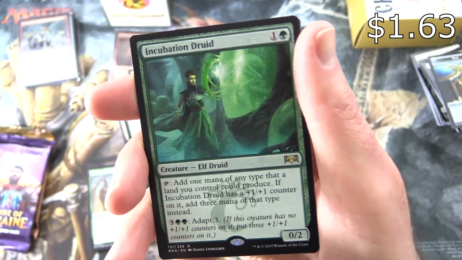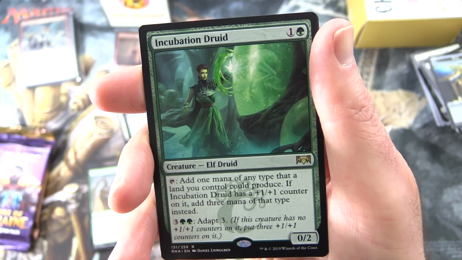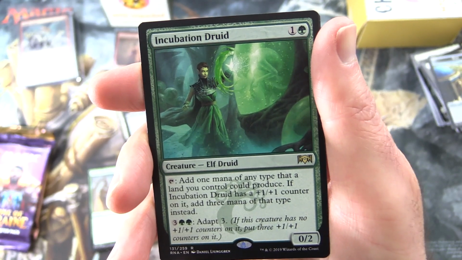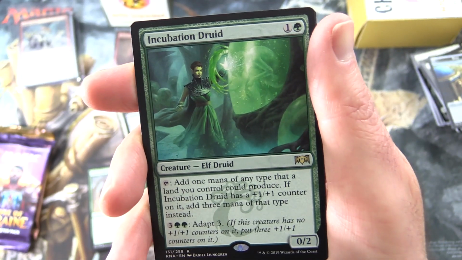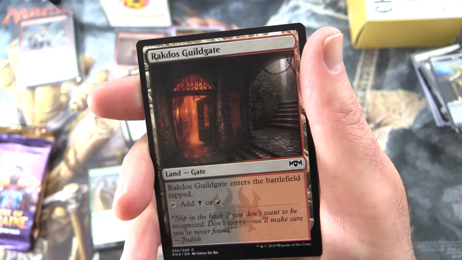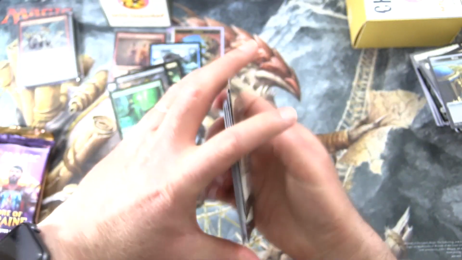So it's a creature elf druid 0/2 for 2. Tap, add 1 mana of any type that a land you control could produce. If Incubation Druid has a +1/+1 counter, add 3 mana of that type instead. And for 3 and 2 green, adapt 3. So if this creature has no +1/+1 counters on it, put 3 +1/+1 counters on it. And a Rakdos Guildgate with a Spirit token onto